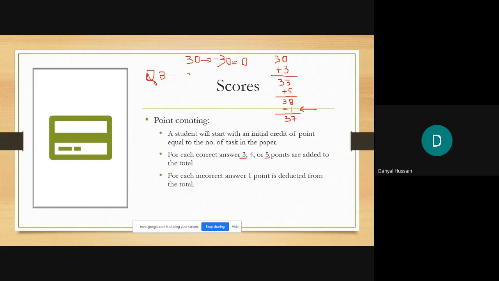If you have 30 questions and you have scored 15 points, now your total score is 45. And now you have scored minus 15, your 15 questions were wrong, or your 20 questions were wrong, so you scored 20 as negative marks. So 45 minus 20, you will get 25 marks out of 100.